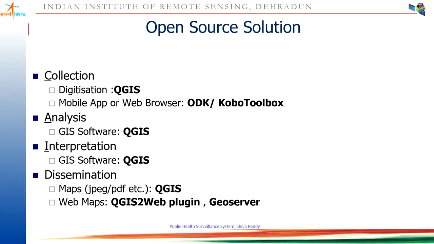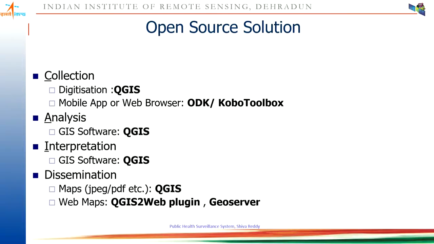So one way is you develop an independent mobile app and collect data, but that is time consuming. Mobile app development again will take time. So we are talking about a solution which is an interoperable solution. A single app can be used for collection in various domains. So Open Data Kit and Kobo Toolbox, we will see in detail in the demo also. These are generic mobile apps and servers developed by the open source community, so that if you want to collect any data for